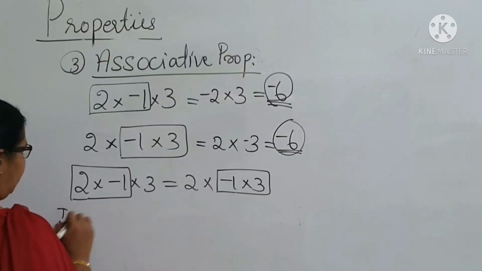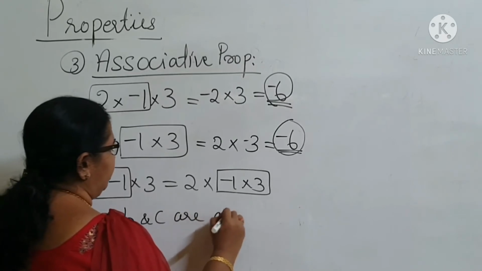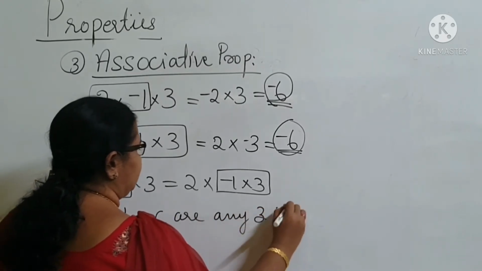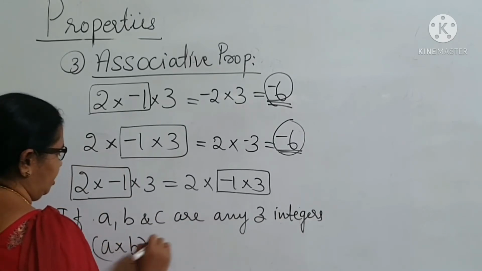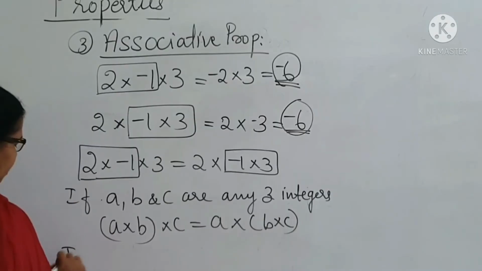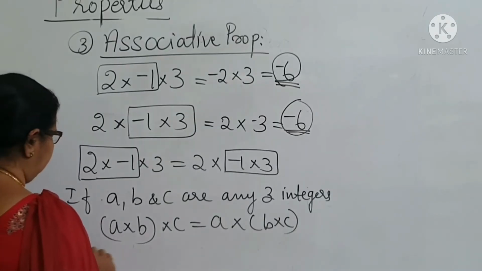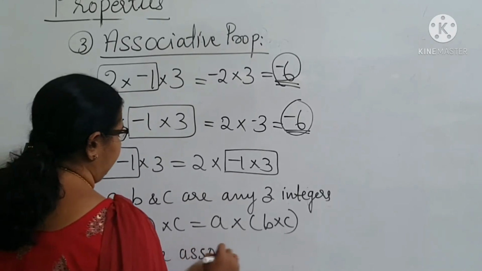Generally, we can say if A, B and C are any three integers, then A into B into C is equal to A into B into C. Therefore, we can say integers are associative